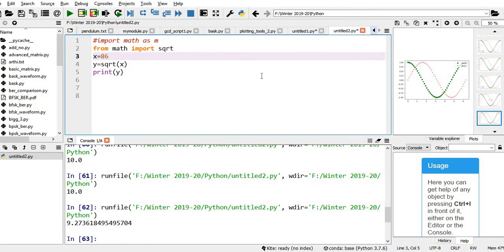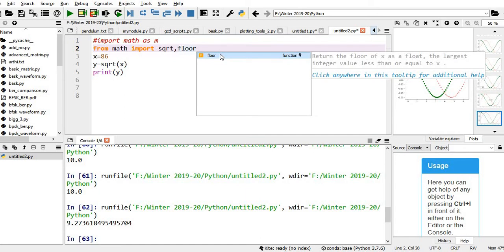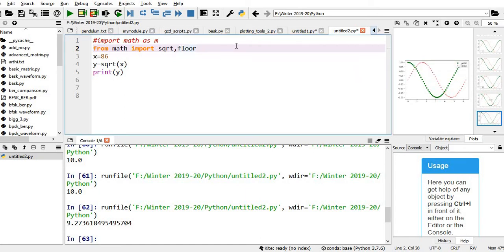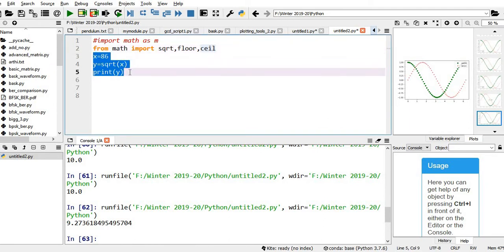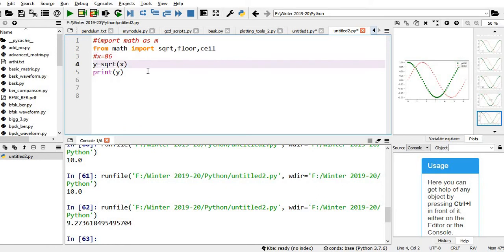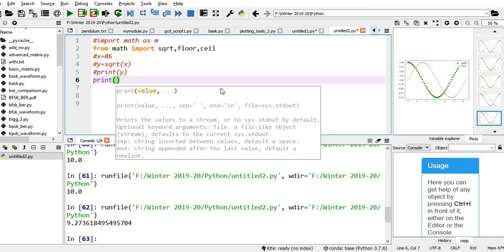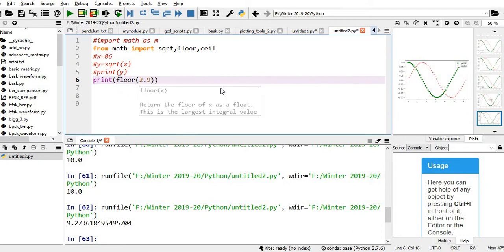Okay, we'll try this. I have a number, so what I'll do, comma floor, comma. Let me import these things. Okay, I don't want these operations. Let me use hash so that these become comment lines. Okay, so print floor of 2.9.